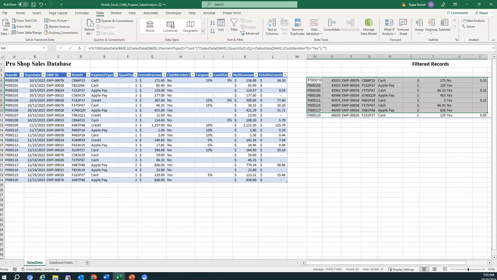Right, moving forward, the next we're going to insert the database functions. So the D functions, or the database functions, are a type of functions that are designed to easily aggregate and retrieve data from a database, where